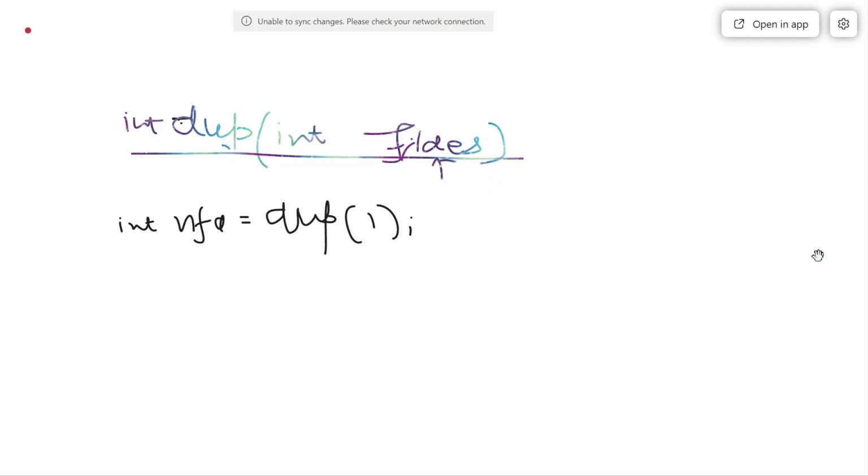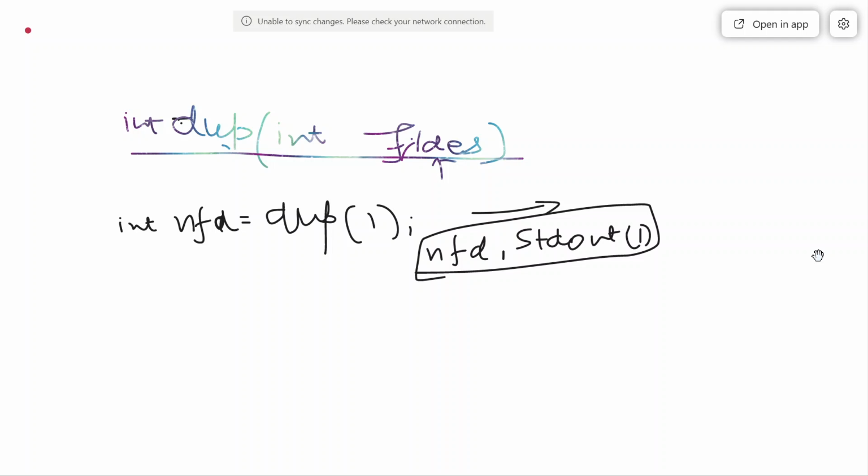What does it mean? 1 represents standard output, as we already know. So nfd is also representing the same. nfd and standard out, 1, all represent the same file, which is the standard output.